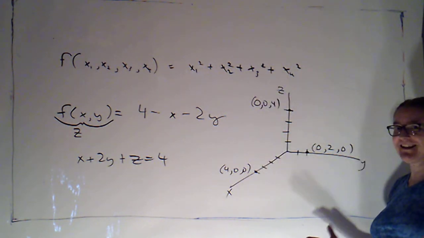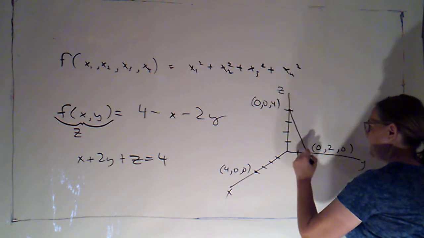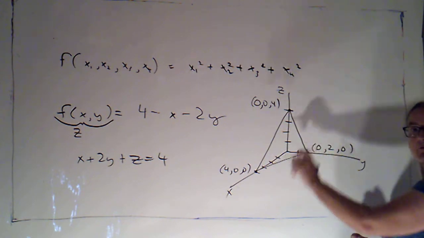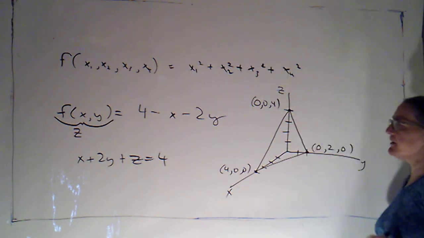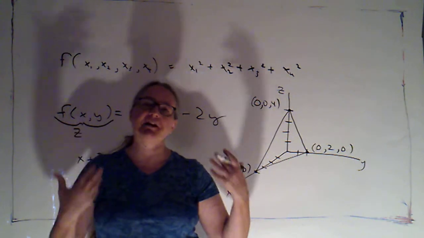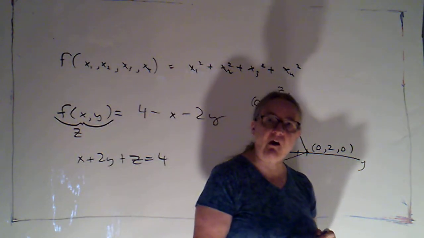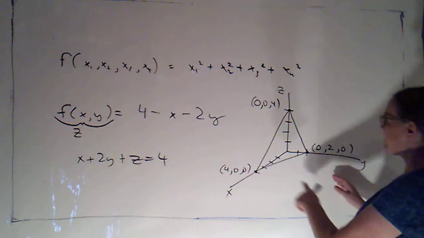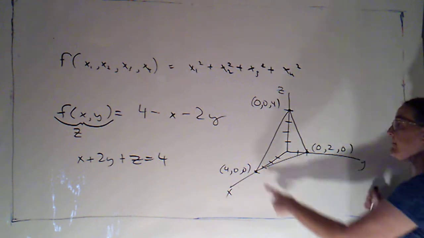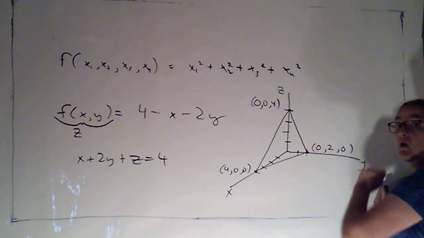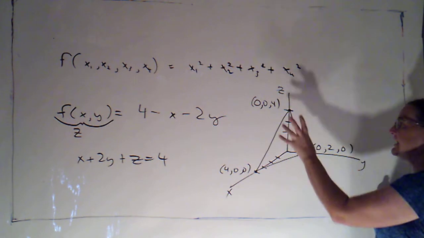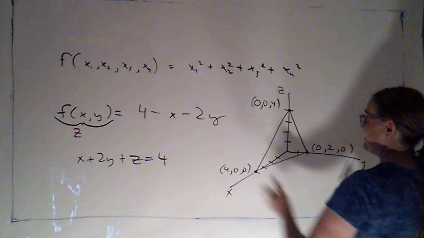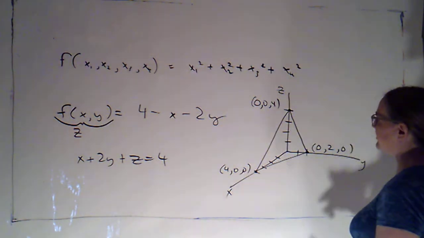3 points are enough to determine a plane, and if I just connect those, what I'm getting is this triangular cross-section of a plane. So if you're given an equation like this, where it's not parallel to one of the coordinate axes, and it's not the extrusion of a line parallel to one of those coordinate axes, it's perfectly acceptable to represent a plane by simply plotting the 3 places where it crosses the axes, and then connecting them to give you a triangular section of the plane. Of course, the plane continues infinitely far in all directions,